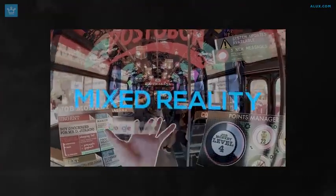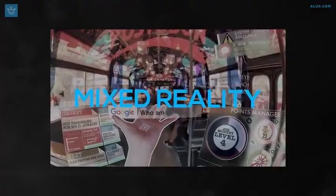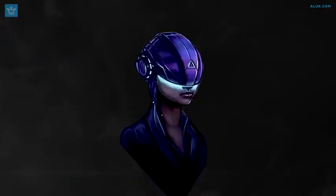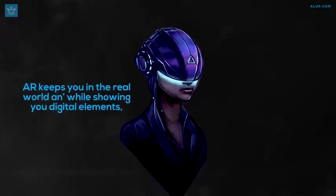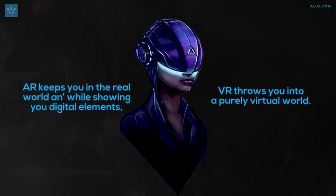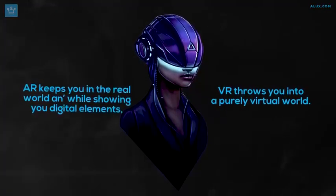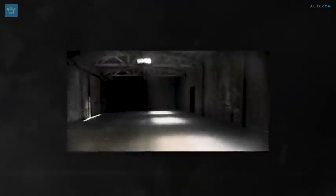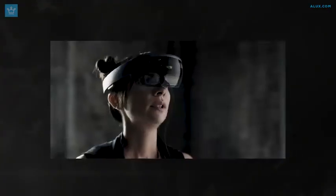Well, enter in mixed reality, or MR, where AR and VR meet. Mixed reality. What do you get when you mix the virtual world with the physical space? Well, you get mixed reality. So where AR keeps you in the real world and shows you digital elements, and VR throws you into a purely virtual world, MR can put you inside of a virtual space that takes information from the real world around you. In MR, you can interact with your real-world surroundings while inside the virtual world through a combination of 3D